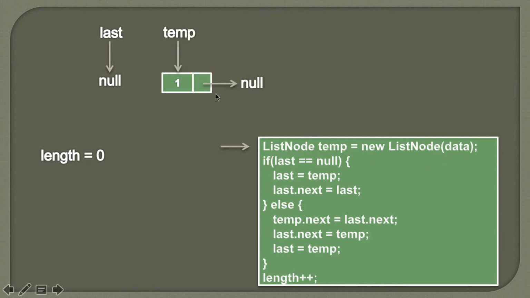So here we have created one node having the data as 1, which is being referred by this temp node, and whose next is pointing to null. Now we want to insert this node at the end of a circular singly linked list. So moving ahead. The first step we check is whether the last is equal to null or not. If the last is equal to null, then we know that the circular singly linked list is empty. Therefore the condition in the if block comes out to be true.